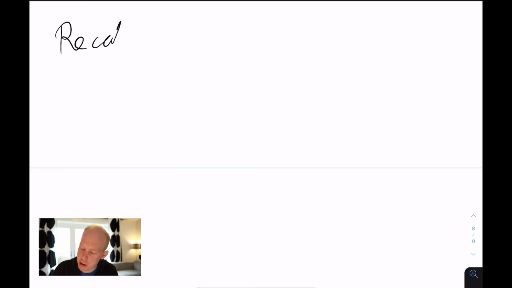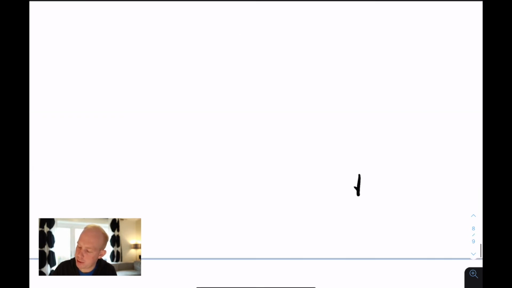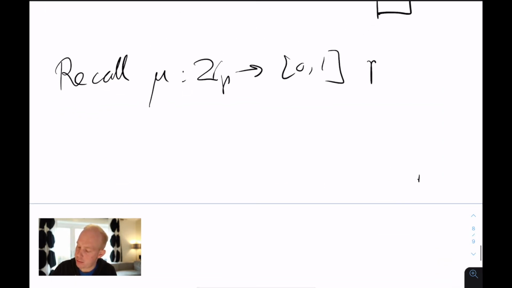I want to talk about how the upper bound lemma actually connects to all the topics that we talked about before: the ergodic theorem, the non-concentration on subgroups, and the spectral gap. So if you recall, μ from Z_p to [0, 1], a probability distribution, by the way, has a spectral gap